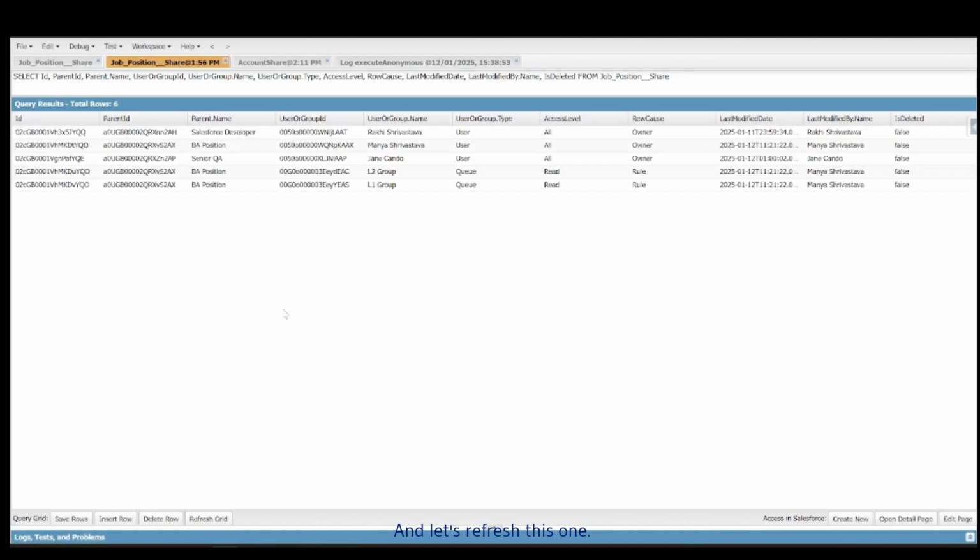And let's refresh this one. Earlier it was count 6, now let's see. Okay, we can ignore the 6 count because it was earlier shared with Manya and other records. So we can see the record which we have shared. Let me just try to see that record. So this is the record, and Rakhi is the owner, and now this record is being shared with Q manual,